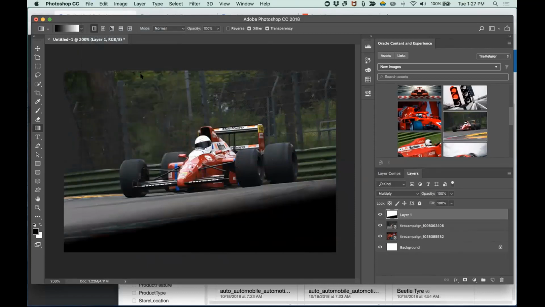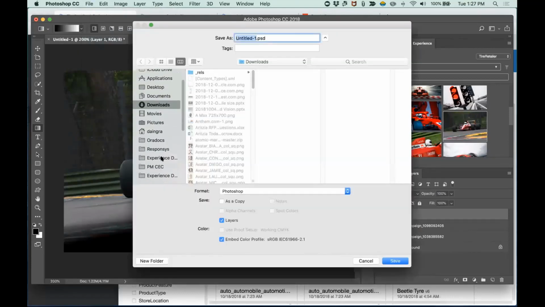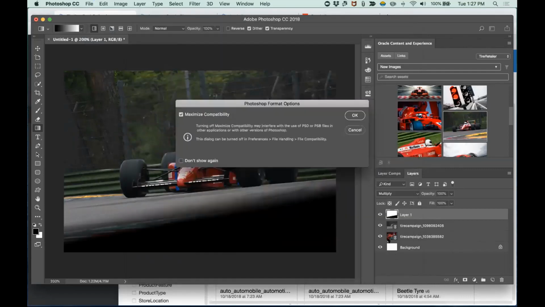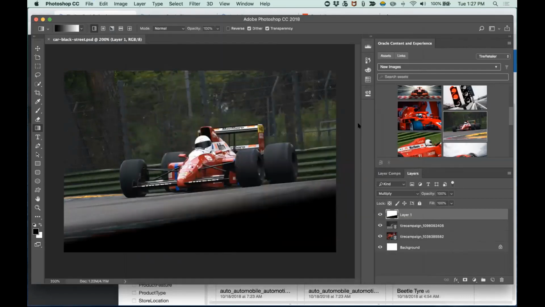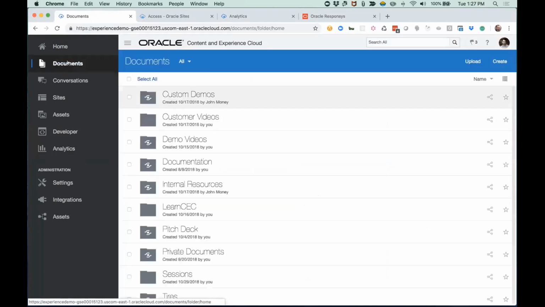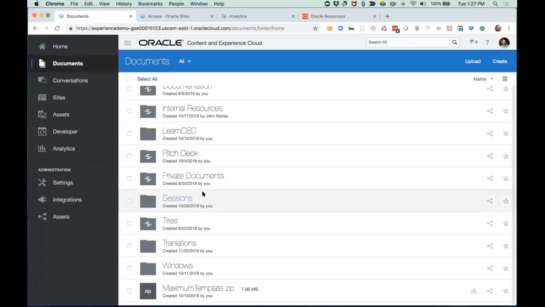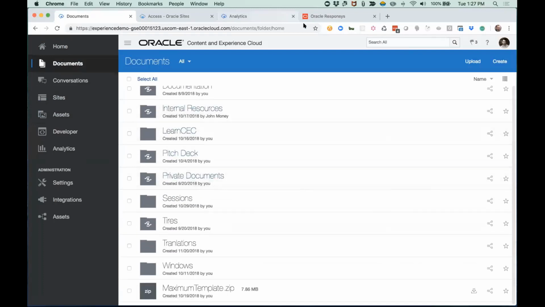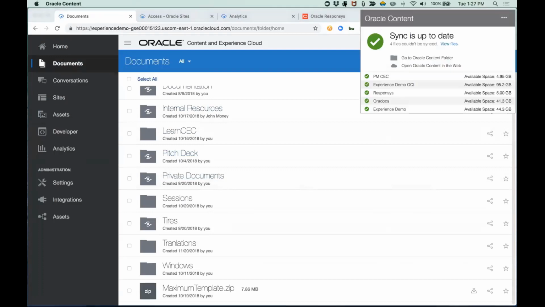But if I want more control and I maybe want to collaborate on this a little bit more, then one of the things that I can do is actually drop right into car, black, street. I can drop this right into a spot on my desktop, save this Photoshop document here. And when I jump back into content and experience, you'll notice this documents tab. Now, this can be used for a number of different use cases, but you see here the same folders that I saw when I was exporting there, and that's because we actually have this desktop sync client for our tool